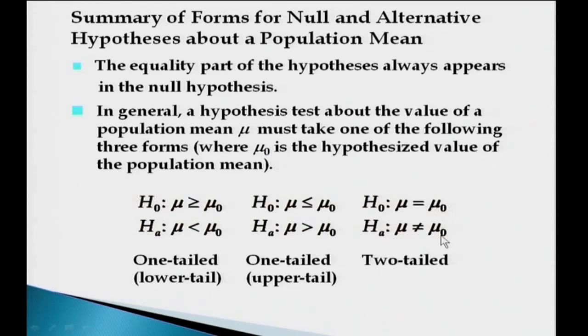Say we talk about the average marks scored by students in a particular campus, and we have sample information where the average marks is 7.5 SGPA. So, whether mu is equal to 7.5, that will be H naught, and mu is not equal to 7.5 will be your H1, the alternative hypothesis.